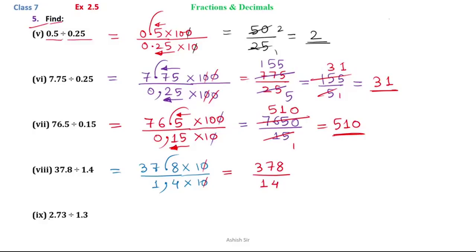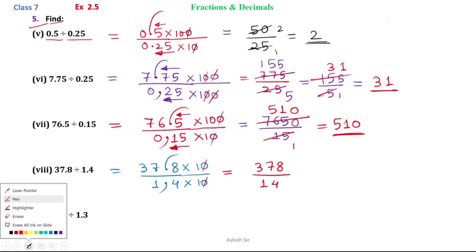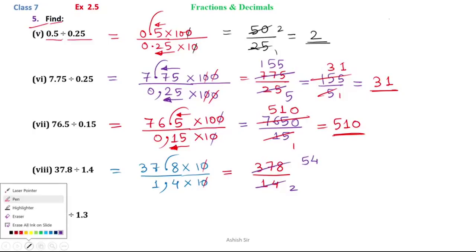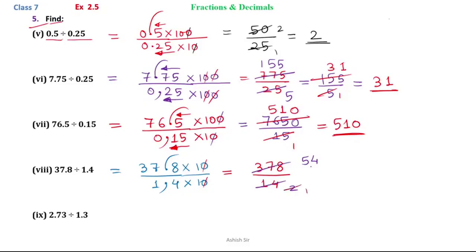This we can keep cancelling. We can go with 7, the table of 7. So 7 2s are 14, 7 5s are 35, 2 carry over, 7 4s are 28. This we can cancel with 2: 2 1s are 2, 2 1s are 2, 2 2s are 4 and 1 carry over, 2 7s are 14. So our answer is 27.